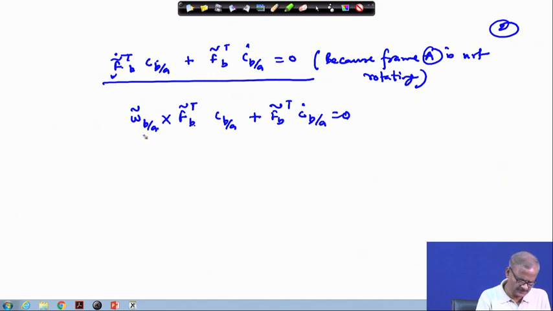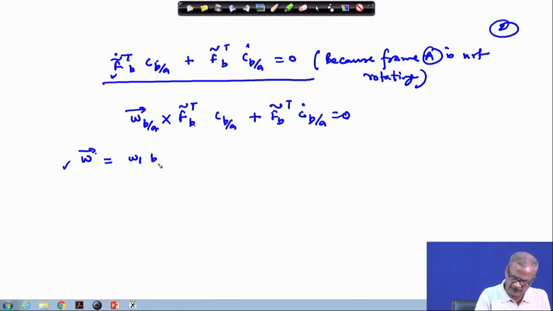Little bit of change is required here and our job will be done. So, this omega tilde, instead of writing omega tilde, let us write this as omega here. This omega is the rotation rate of the frame B with respect to frame A. So, this we can describe in terms of the vector B itself.